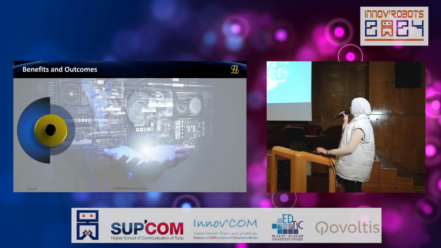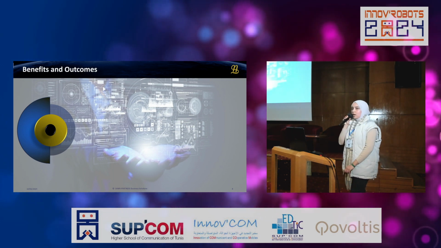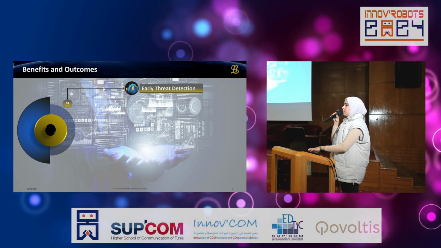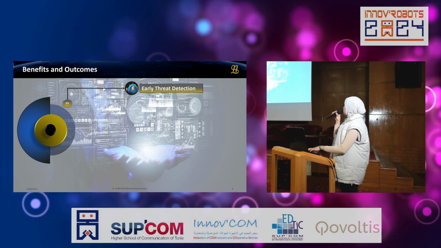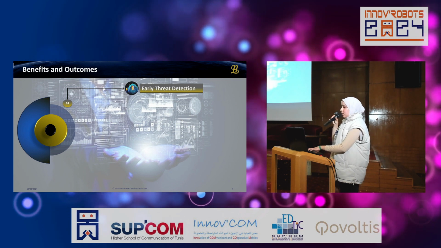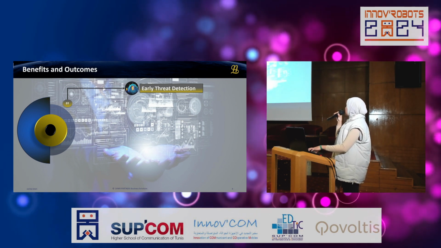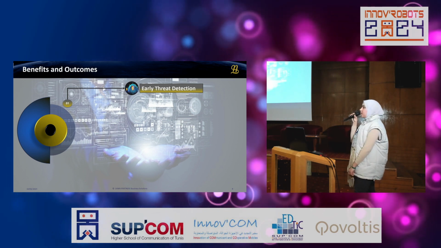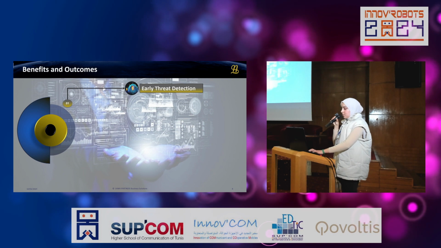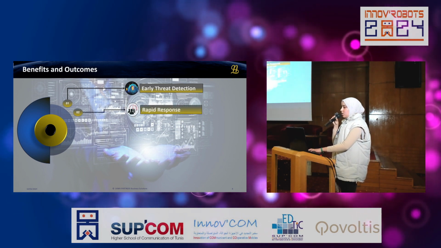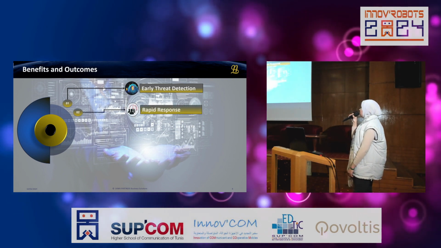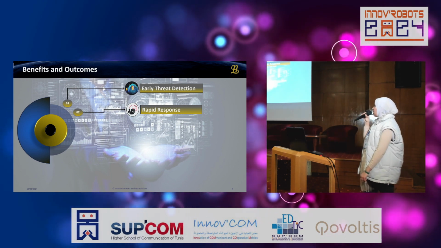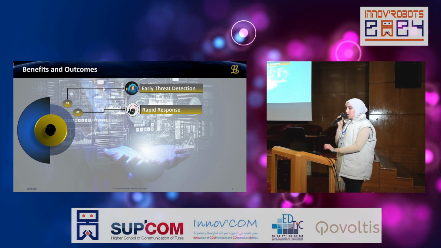Now let's talk about the benefits and outcomes of using cyber deception as a security solution. The first benefit is earlier threat detection. Using a decoy system, we can engage with attackers and collect intelligence about them. After that, this allows a rapid response. By automation in cyber deception and the use of honeypots and others, we can